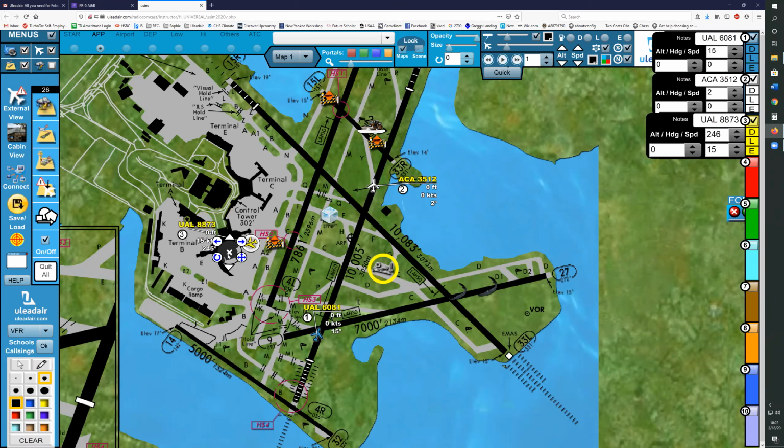Back to United. You're at the gate there, and you were cleared to taxi, and now ground is wondering why you're still sitting there. Tell them that you haven't finished pushing back. "United 8873." Remember, when you call, you always say who you're calling first, and then your call sign. "Ground control, United 8873, and we haven't yet made the pull up." Just say we haven't started pushback.